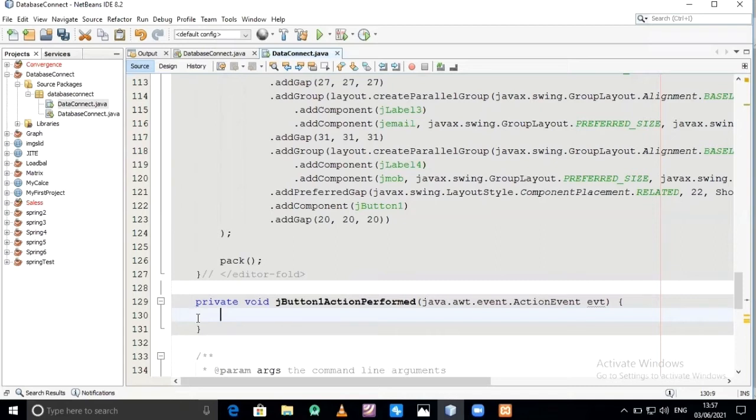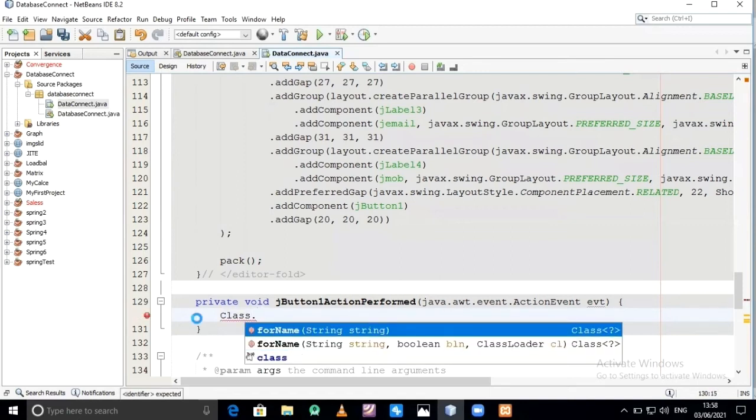So firstly, we need to create a connection for the database. For that we need to load the driver: Class.forName.